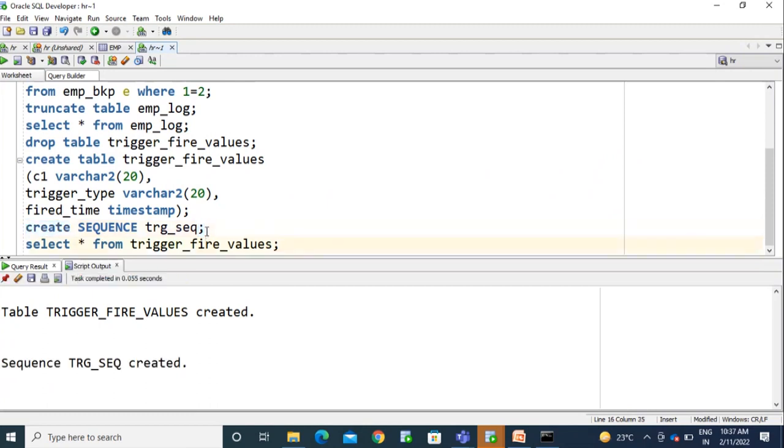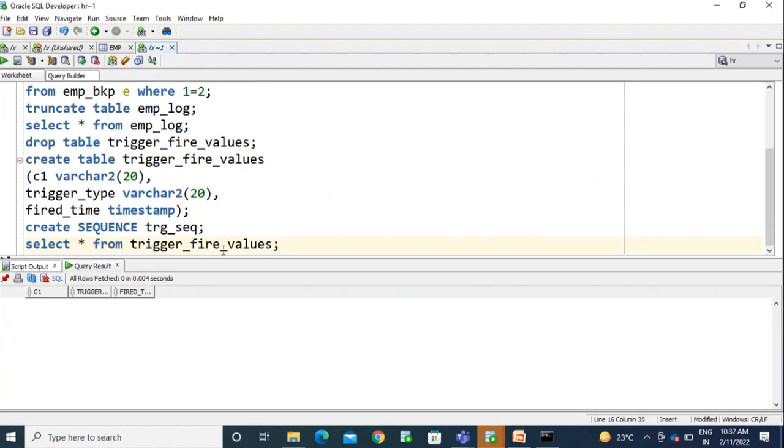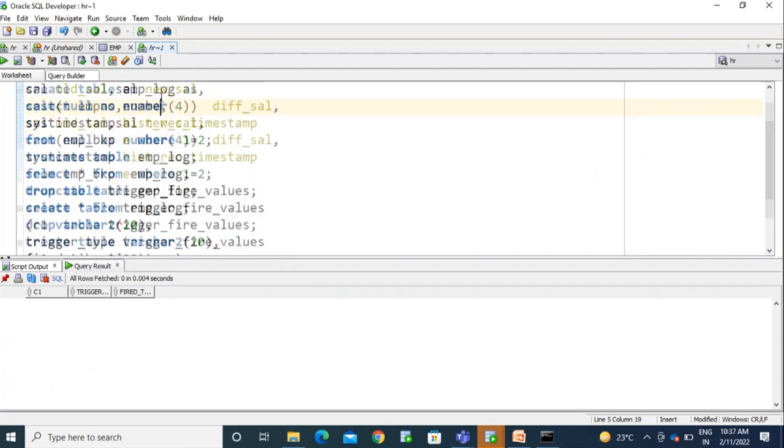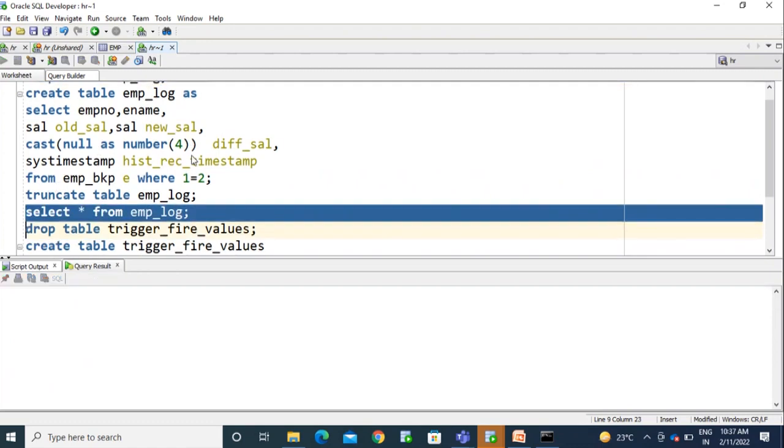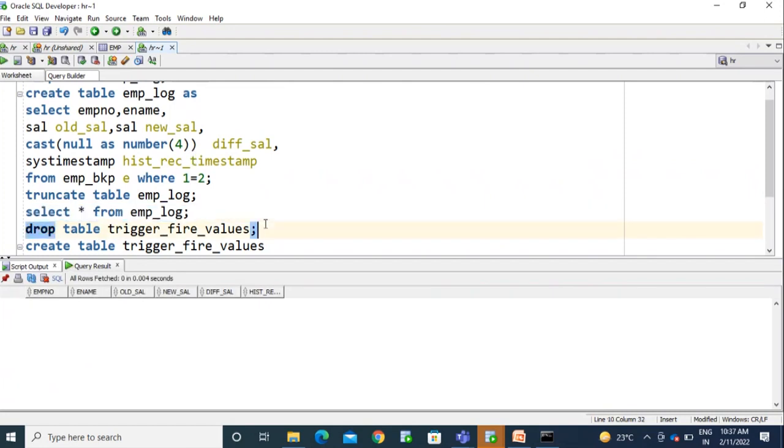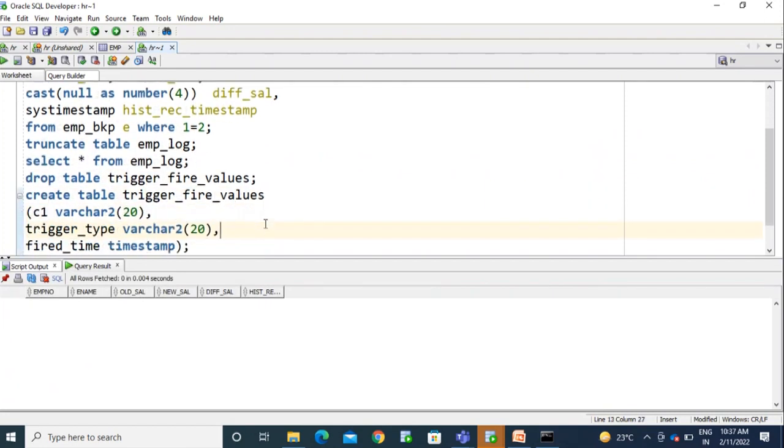We don't have any data in this. I created these tables to track the salary information about the employee. Then I'm selecting the data. We don't have any data in the EMP log table. And to track how many times the trigger is firing, I'm mentioning another table, trigger fire